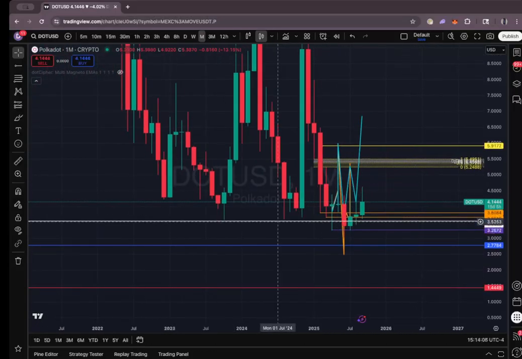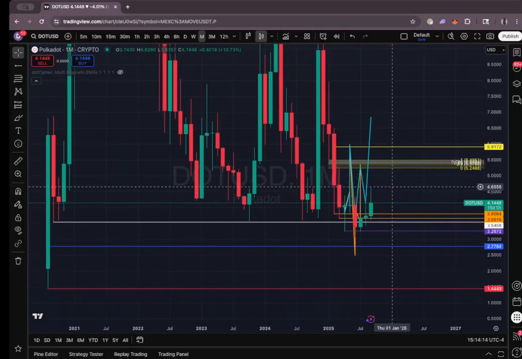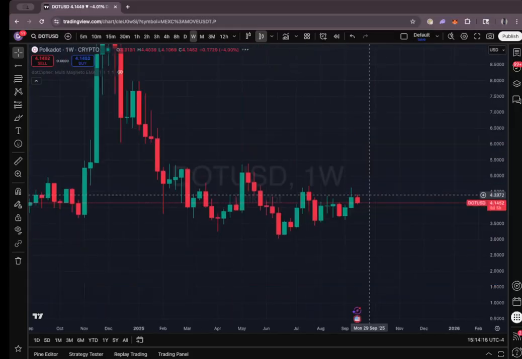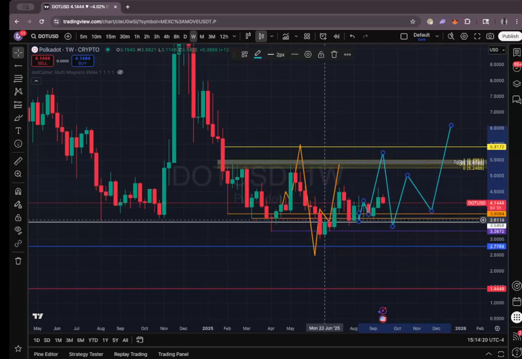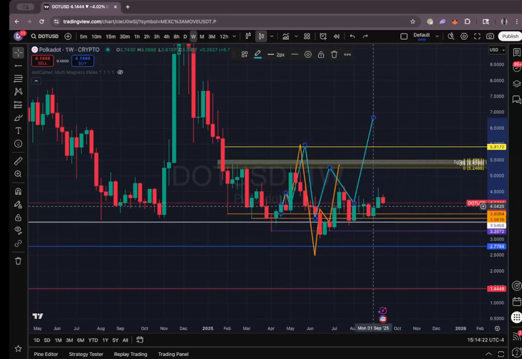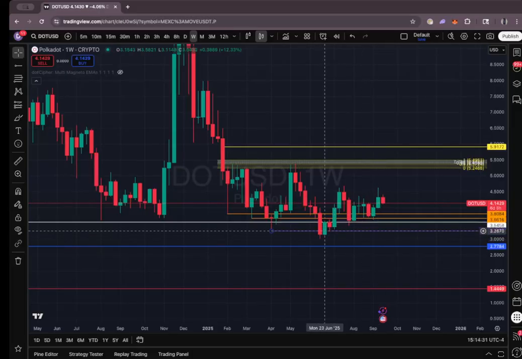Dot is actually quite nice here. The monthly already flipped. We closed above previous ranges, but we're not out of the woods yet. We're not out of the woods. I do have this here. I basically meant that we break this low and consolidate, which is exactly what we're doing right now. So I'll restructure this slightly. We flipped this weekly. This is already bullish. Already bullish, guys.